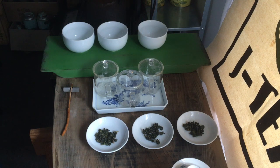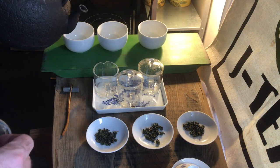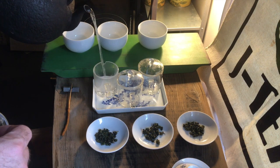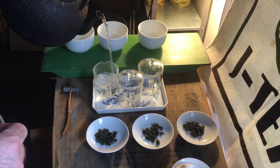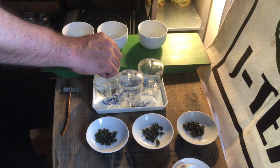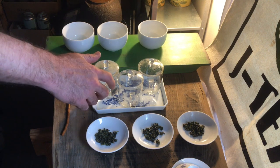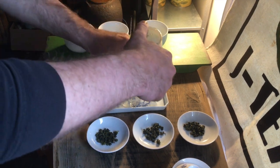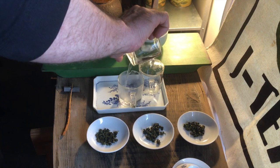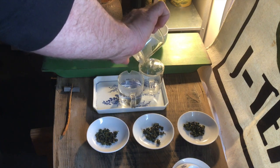Now we're gonna see if that makes it, and now I'm gonna heat and rinse these. This set is made by a manufacturer of teaware in Taiwan called Cao Tang, or Grass Hall. I'm not sure if that's the best translation of it, but